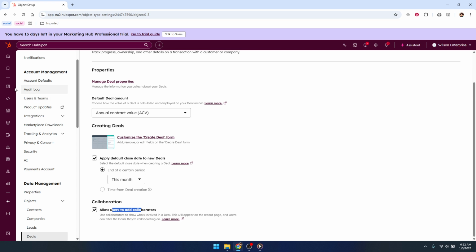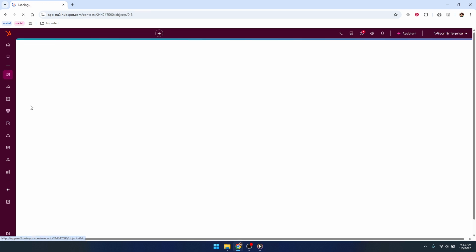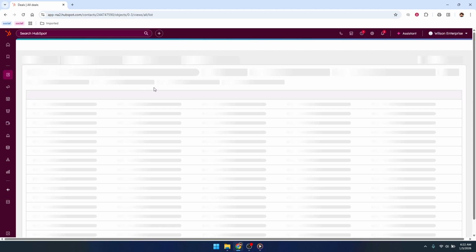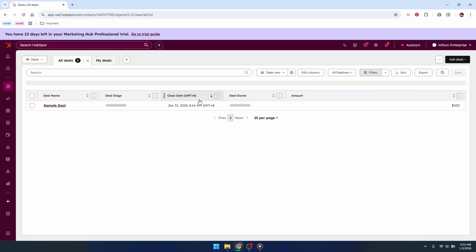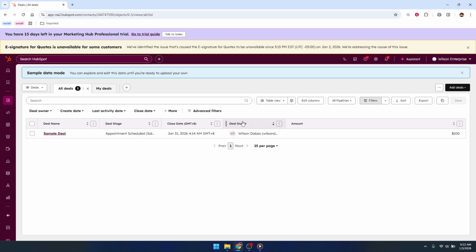Now that collaboration is enabled, let's add collaborators to a specific deal. At the top of your HubSpot navigation bar, go to CRM, then click on Deals. This takes you to your deals pipeline, where you can see all the deals your team is working on. From here, find the deal you want to collaborate on and click directly on the deal name to open it. This will bring you into the deal record, where you see all the activities, notes, and properties tied to that